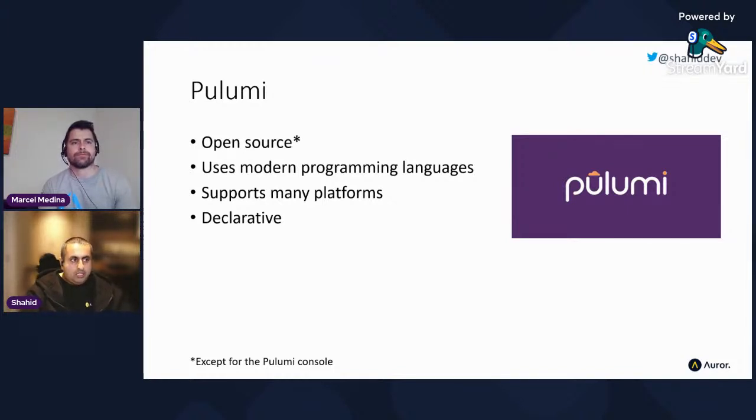And a big one here, which I think a lot of people mistake or get confused about, despite what it may look like when you look at the code, this is a declarative system. So when you look at the code, you may think it's imperative, but it's not. It's declarative, and we'll try and talk about that when we get to the relevant bits. You can run Pulumi for free if you want. You don't need to pay Pulumi a single cent, but that will mean doing some of the things yourself. Pulumi does have a service, the Pulumi console, that makes life a lot easier, which we'll talk about in a little bit.